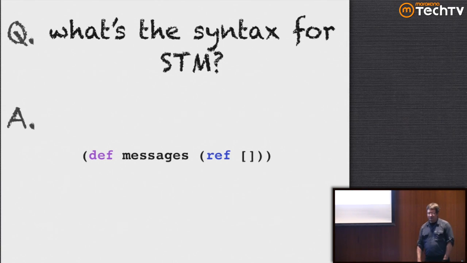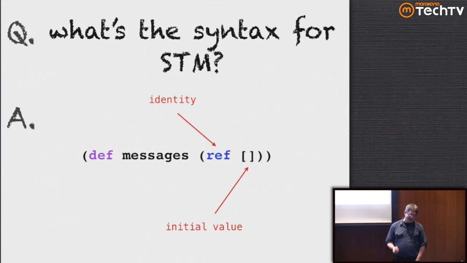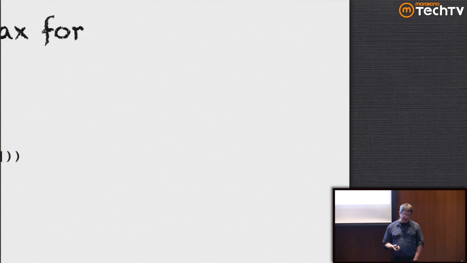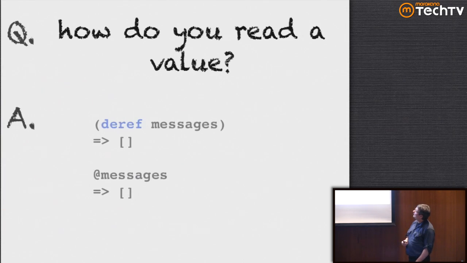This is the syntax for doing this, and the syntax is actually kind of anticlimactic because it's just pretty simple and straightforward. So here I'm defining messages, which is a variable that points to a ref. And that ref is currently empty. It's pointing to an empty list. So I now have messages which points to an empty list. If I want to find out what's in messages at any point in time, I can call the deref function on messages and see what's in there.